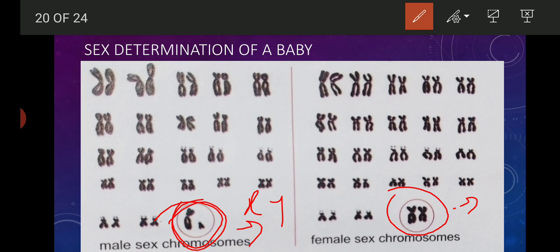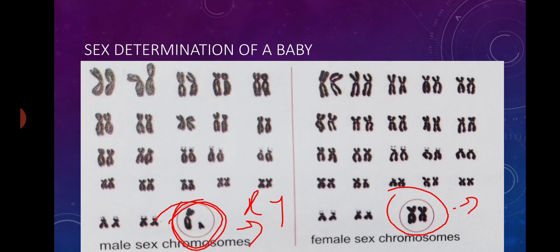So the gamete, that is sperm or egg, has only one set of chromosomes. There are 23 single chromosomes, and hence the egg always carries an X chromosome, but a sperm may carry either an X or a Y chromosome. So when an egg and sperm fuse, it is the 23rd chromosome that determines the sex of the baby.